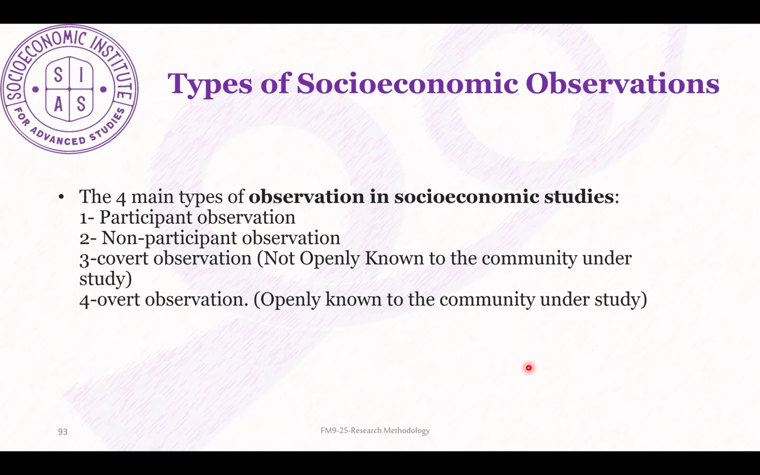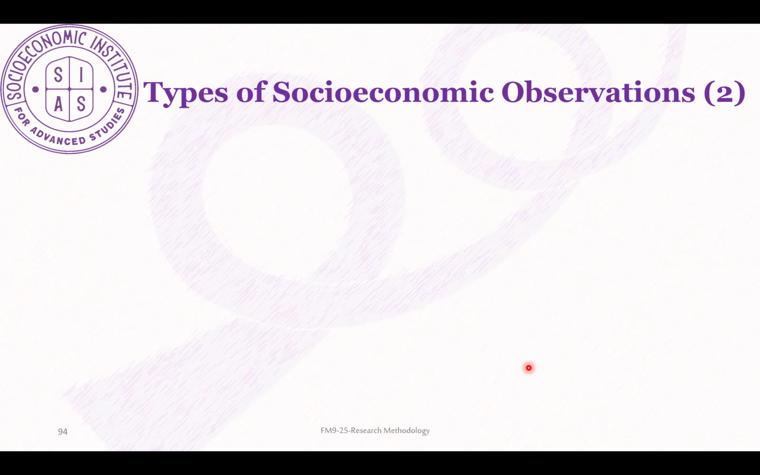So there are 4 main types of observation in socioeconomic studies. The first type is the participant observation, in which we participate. So we'll be part of the community and we participate with them, and then we put our observation. Or non-participating, where we see it only from outside. Covert, which means we are not openly telling them that they are under study. Or overt, which means we are openly telling them they are under study,